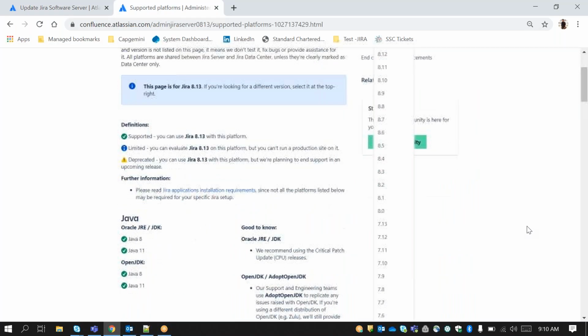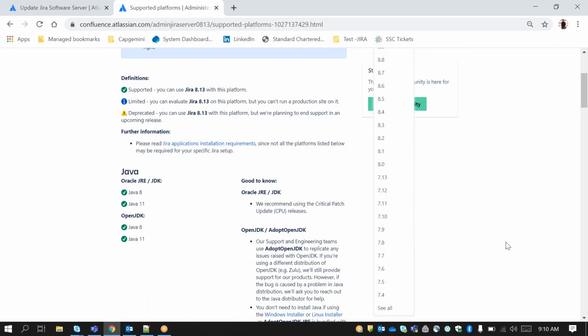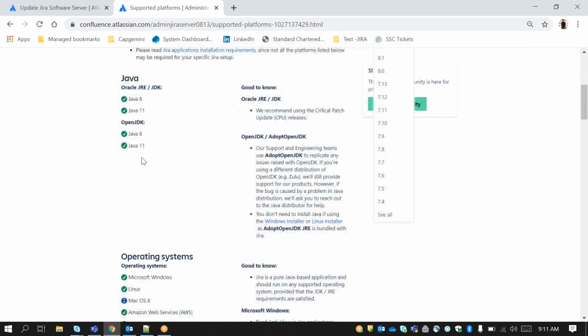Okay, first, what do we need here? Java. Before installing Jira on your system, you must have Java installed on your computer. So what versions? Maybe Java 8 or 11. These two are supported, and there are two kinds: one is Oracle Java and one is OpenJDK. Oracle means the one you downloaded from the Oracle website. It is the company standard one, and you can get it from other third party sites as well, like Guru99 or OpenJDK. We have different OpenJDK websites. These are free versions. You can install anything.